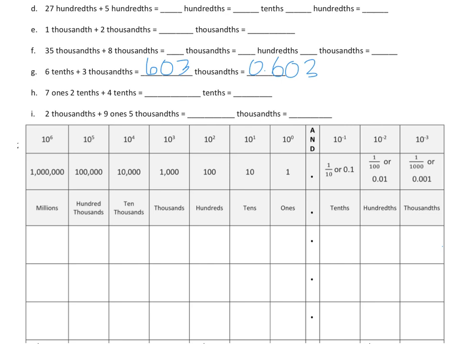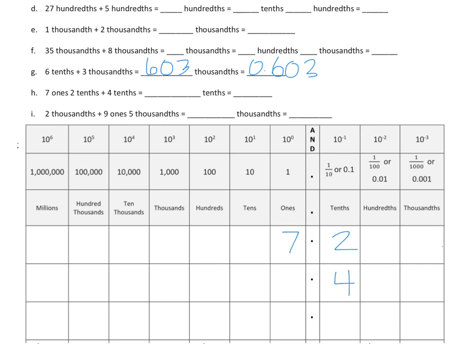All right, let's go over to 7 ones, 2/10 plus 4/10. So let's go ahead and put 7 ones, 2/10 on our place value chart. 7 ones and 2/10. And let's add that with 4/10. And they want to know how many total tenths that is together. So let's take our 7 ones and